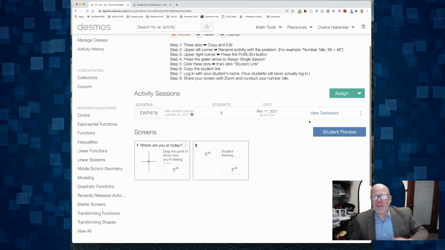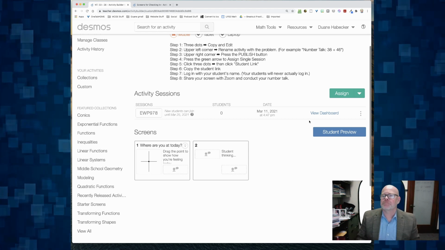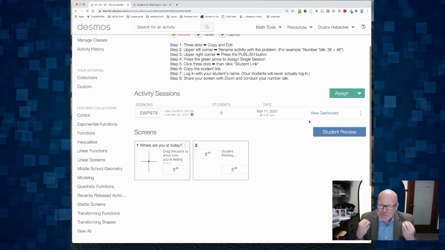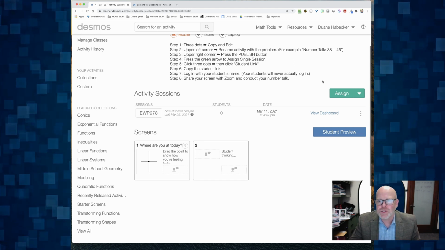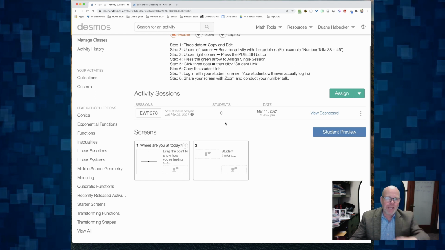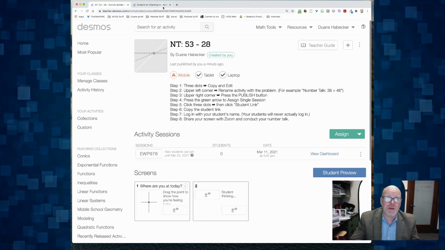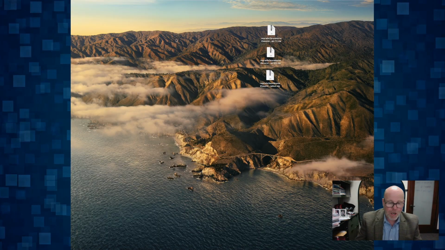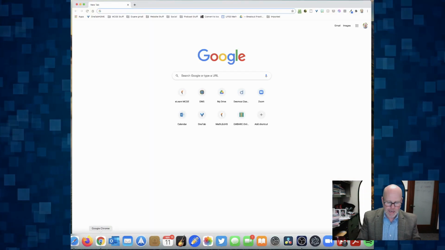So I might do that Monday morning before my first student arrives at school. And so when my very first student comes in, it takes me seconds to get going. When my very first student comes in, I'm going to navigate and find this page. If I've lost where this page is, let me show you what I'm going to do. I'm totally out. I'm going to open up my Chrome browser, and I'm going to go to